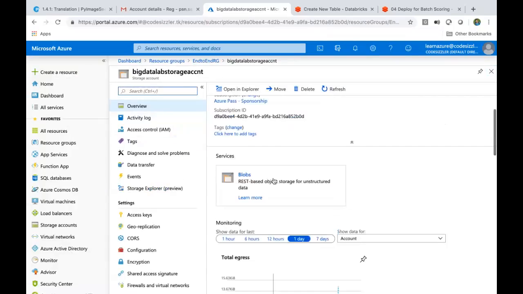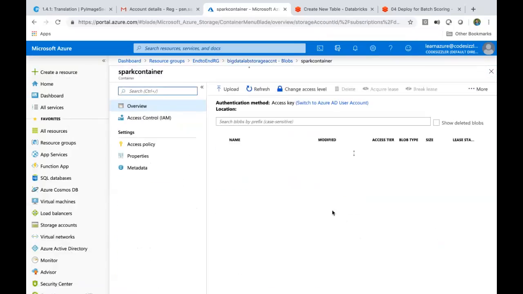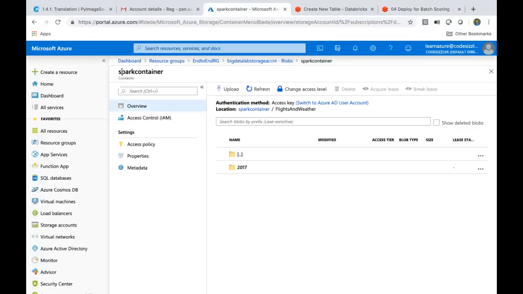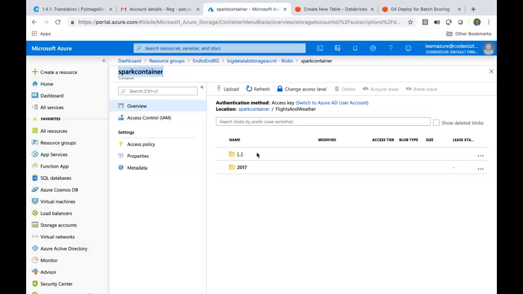Sorry, what happened to this blob storage here? Spark container, flights data, right? This is the path. So let me just go here and give the storage account name. Account name is Spark container, right? Just copy this, paste it here. Sorry, it's a big data blob storage account.